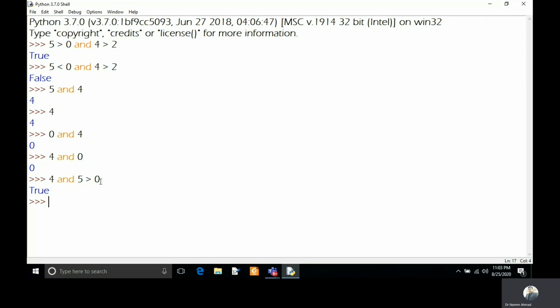So if you keep the conditional statement first, and then you go for the numerical value, in this case, first the conditional statement is true, then it will go for the next one, which is not a conditional statement, it is just a value or numerical value.